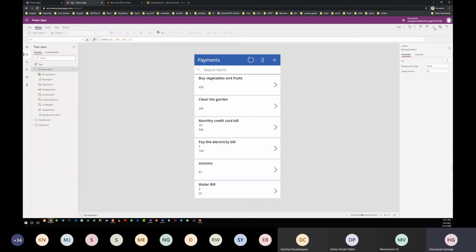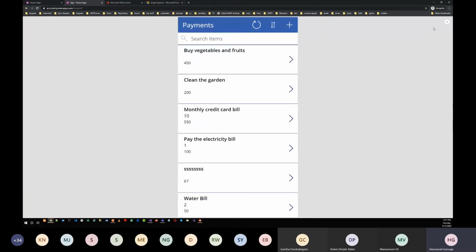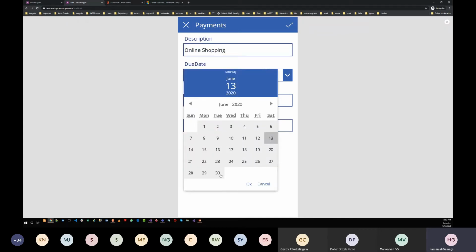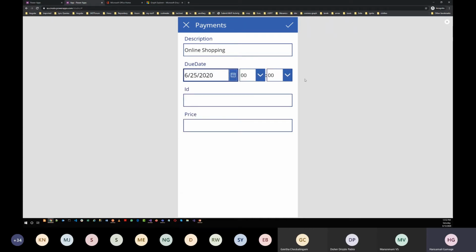Let's run this application from here, and you can enter a new payment detail. Let's say I want to do some online shopping since I can't go outside. I will say I want to do that by the 25th. You can provide an ID. If you want, you can remove this field from the create screen.